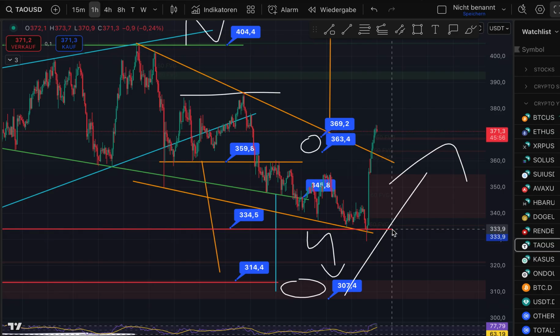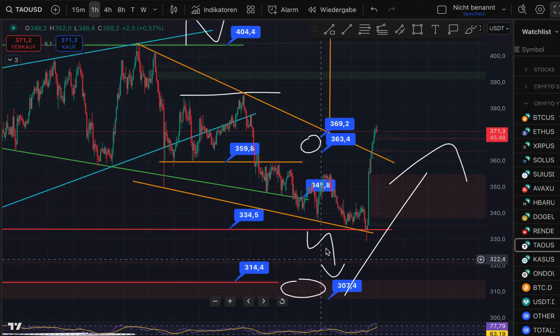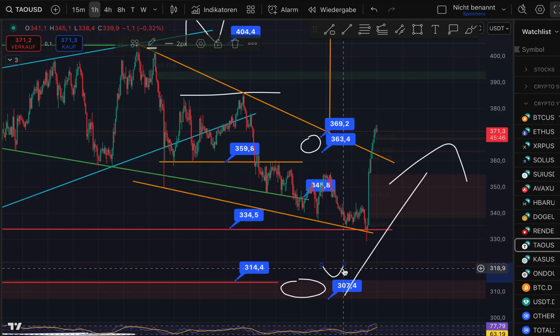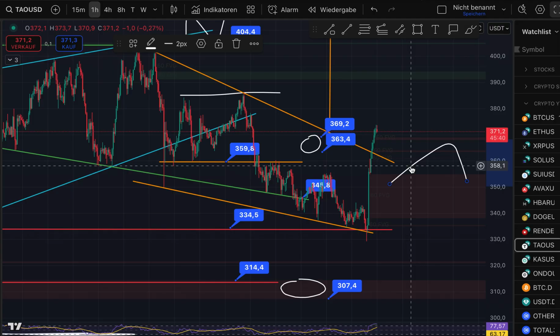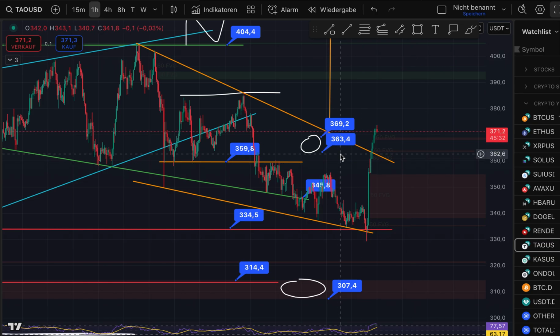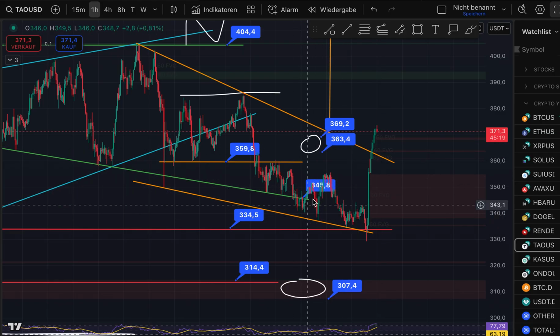If that would have broken sustainably to the downside, then I would have said, okay, $314 is going to be the next target, but we already expected a bullish reversal because we had so many bullish chart patterns on the chart, which I have also communicated on YouTube with videos and also with community posts to keep you always updated. And yes, so far this movement is very bullish, so I don't think that we are going to sell off anymore. Our actual target, if we break the 345 US dollar to the upside, here wasn't a clean breakout, but